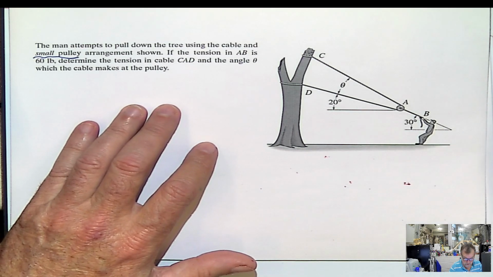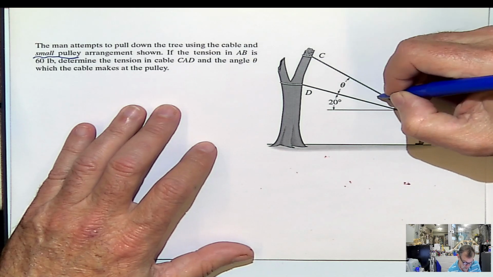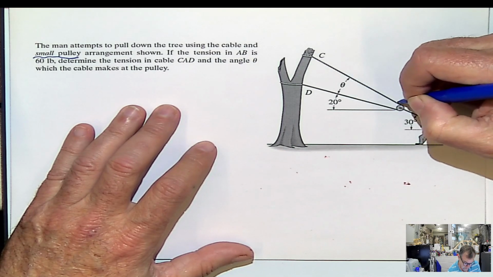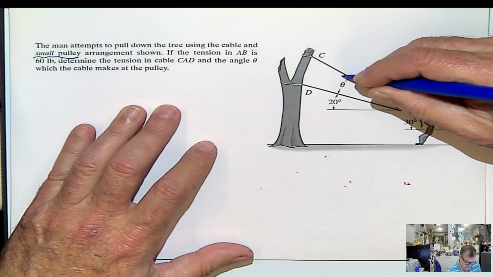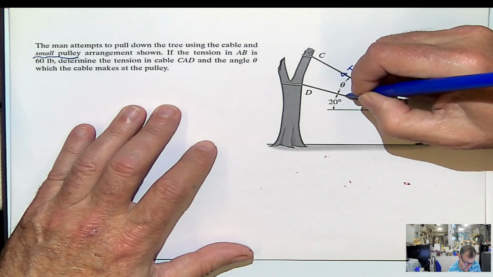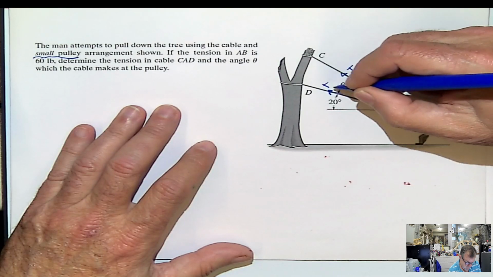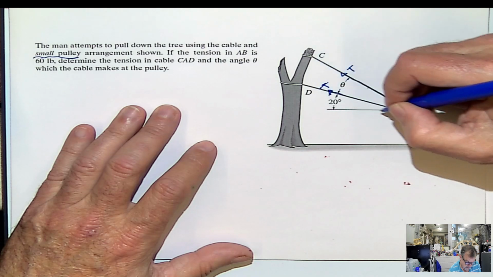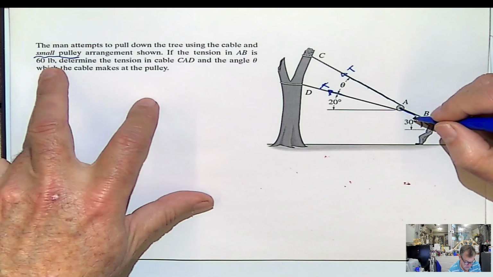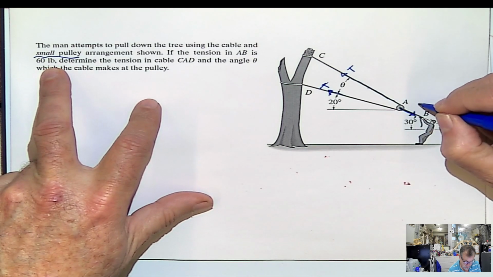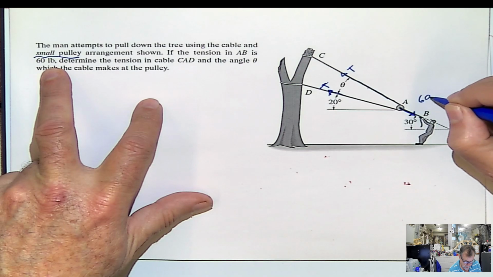What is the meaning of a frictionless pulley? If this is the frictionless pulley, then we're going to have here a tension that is equal to this tension in magnitude. That's what it means. And I know that this force here is 60, because that's what the problem is telling you. So